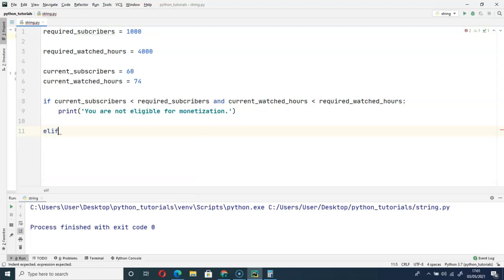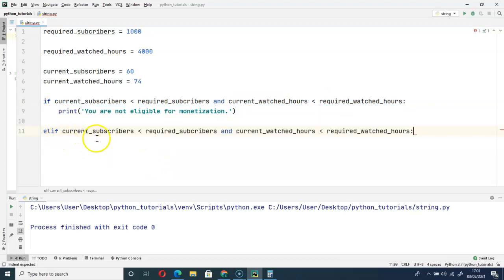So let me copy this. I'm lazy. I'll modify that. Copy, paste here. If current subscribers is greater or equal to required subscribers and current watched hours is greater or equal to required watched hours, so we have to print something.